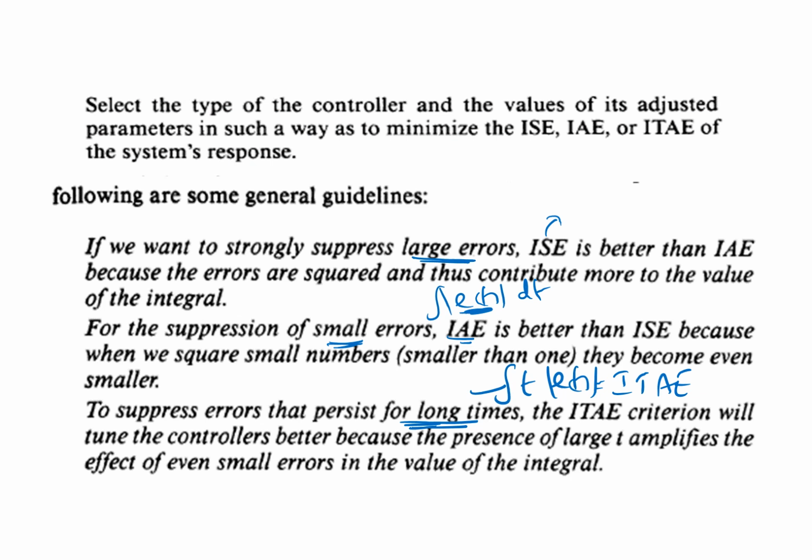See here, the error is very small. And if you want to suppress large errors, it is the integration of e squared dt. If you want to suppress large errors, concentrate on the ISE criteria. If you want to suppress small errors, concentrate on the IAE criteria. If you want to suppress errors for a long time, then concentrate on ITAE. So like this,